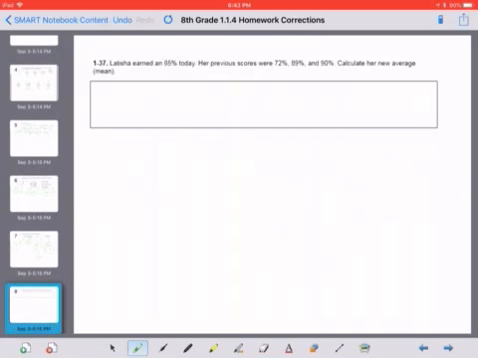The next question is asking about Letitia and her scores. So we're going to add some more to her scores. She's still trying to get that 85%. So she got an 85% on her test today. So let's find her new average. So we're going to do 72